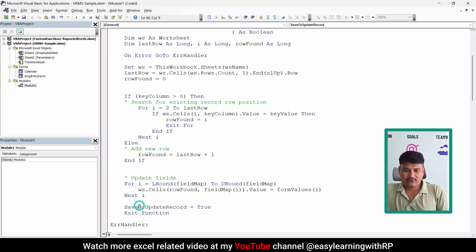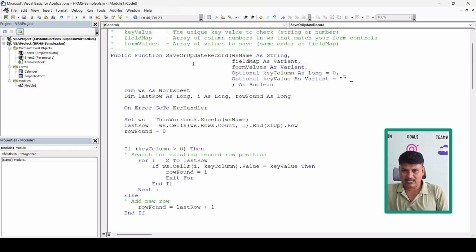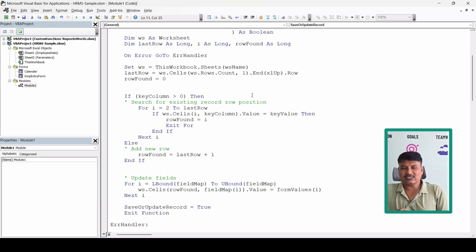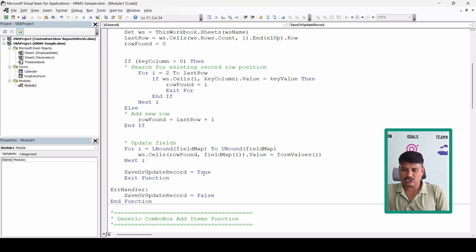And last, we are passing true to this function, because in Excel VBA you have to write the same function name to return a value. The rest of JavaScript or any other, you have seen the word key return. Here we cannot use that return word, but we can use the same name of a function and pass that value whatever you have as a return property. Here I have a boolean, so I am sending as a true.